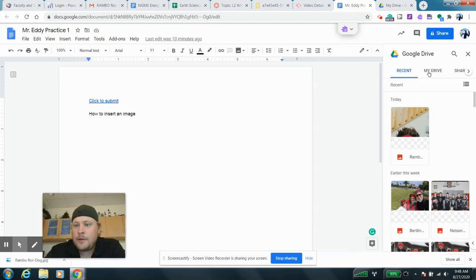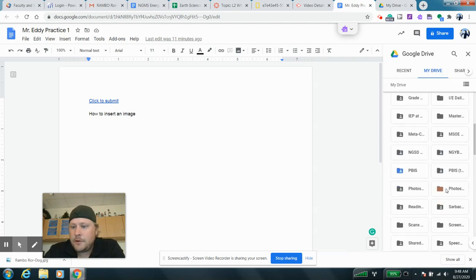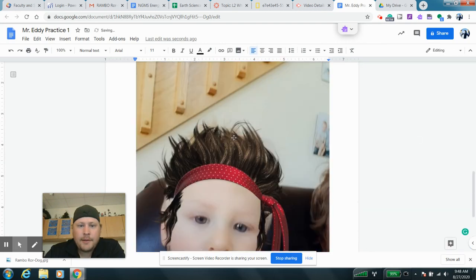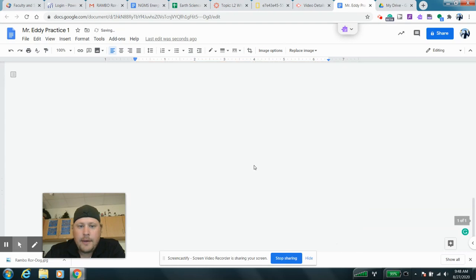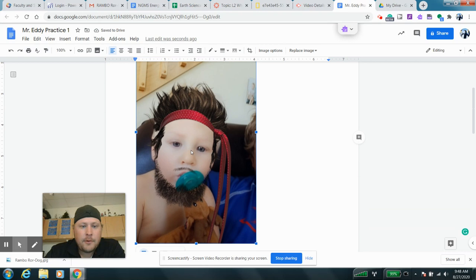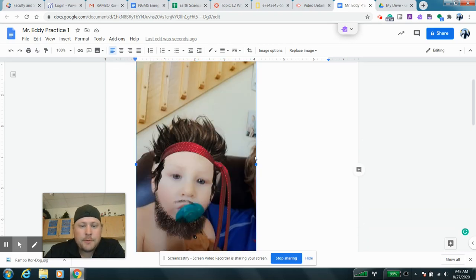The other option I can do if it's not in my recent is go to Drive, find my folder. So here's my photos here. And I double click it and look at that. Now I can actually shrink this a little bit. And now I have inserted Roar Dog, or as I know him, Rambo Roar Dog, into my document. So that's what we'd like you to do with your everything you know about earth science